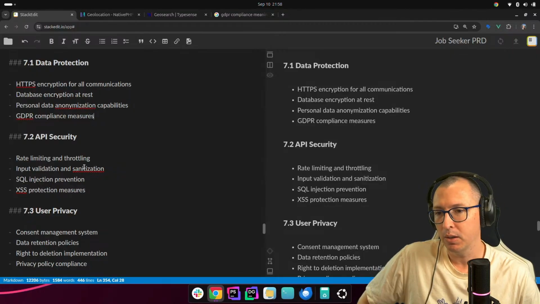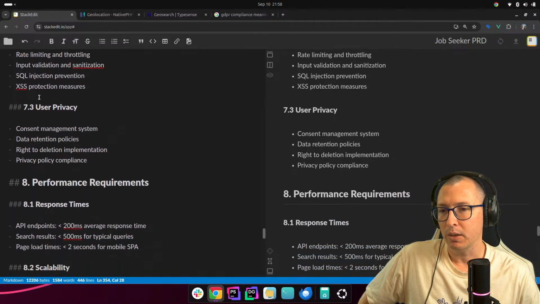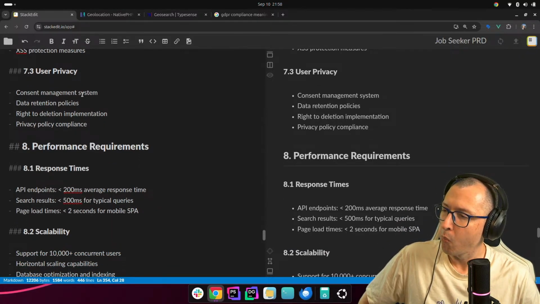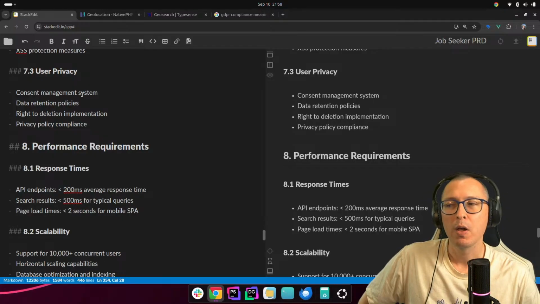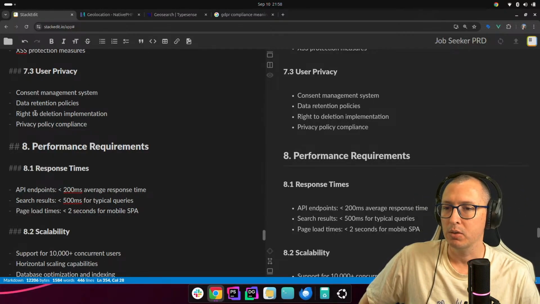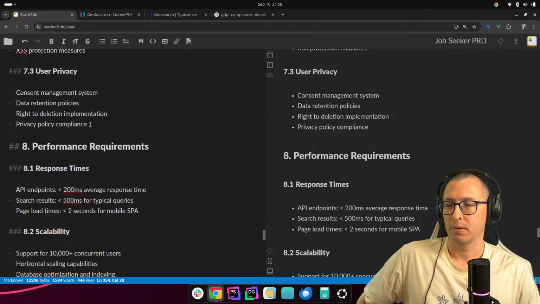API security, rate limiting and throttling, input validation, yeah. SQL injection, yeah, all of that is on Laravel's side. User privacy, consent management system. Consent management system, data retention policies, right to delete implementation, privacy policy compliance,